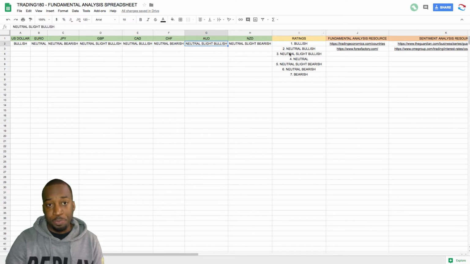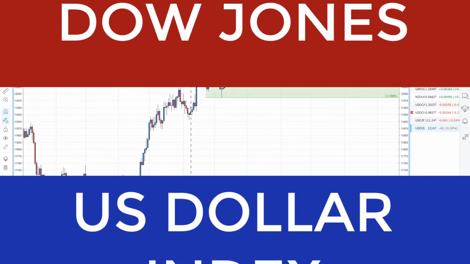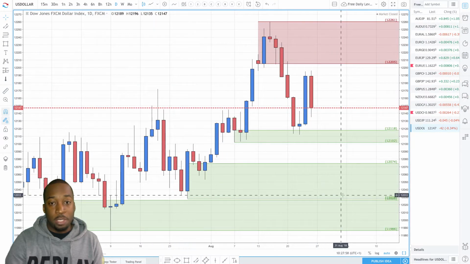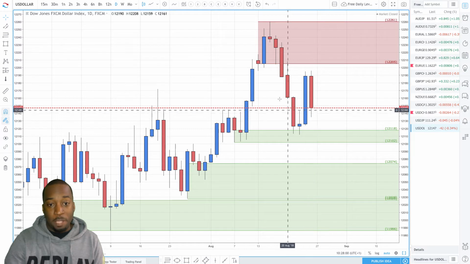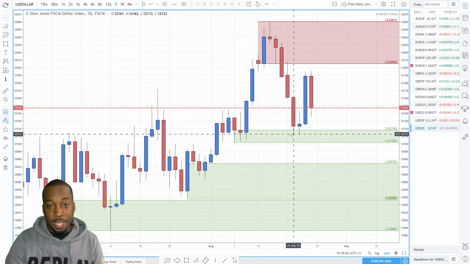So with that out the way, let's get into the technicals. Right, so technical analysis, we start off on the Dollar Index, and from last week we came down exactly into this demand zone here, and then basically